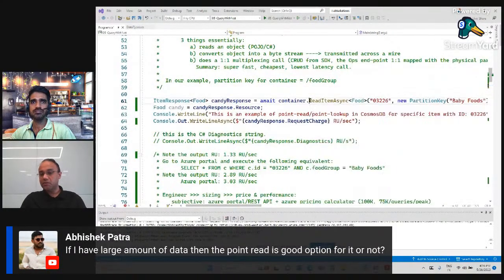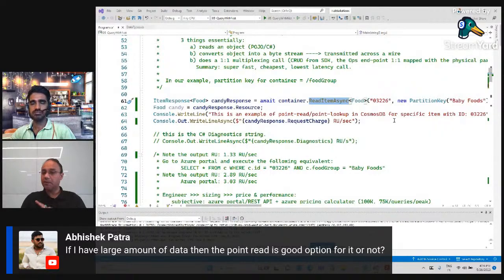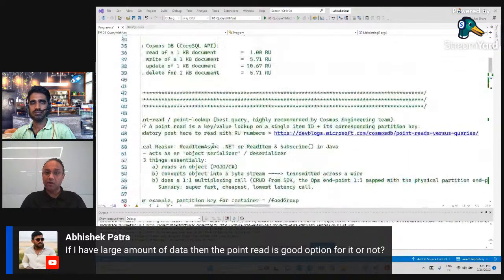Because when you use this particular object serializer, deserializer, it bypasses a few internal steps. Out of that, one is a lookup at a master partition table and all of that. So it automatically does that multiplexing and quickly goes to the physical partition in which the data resides. Having said that, the assumption of a good read item async, that 1.33 RU, or our mathematics of